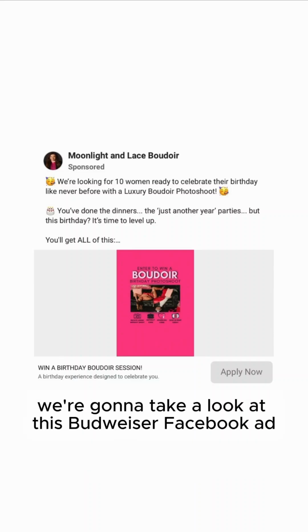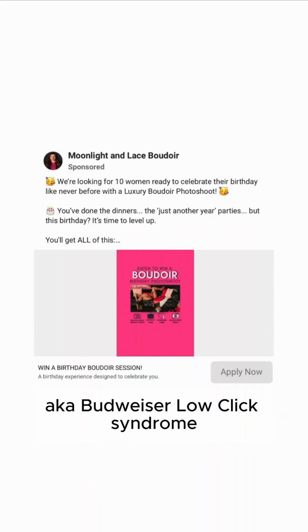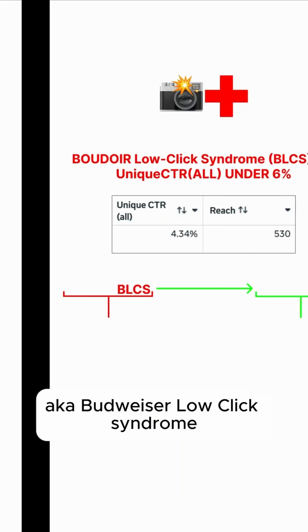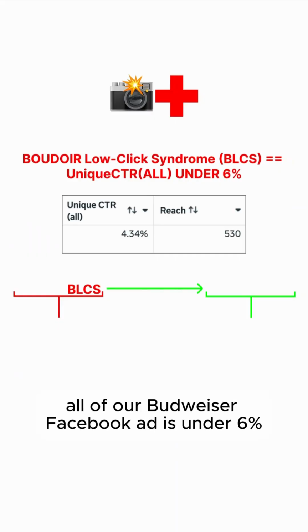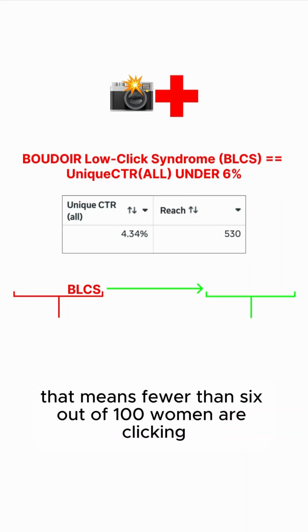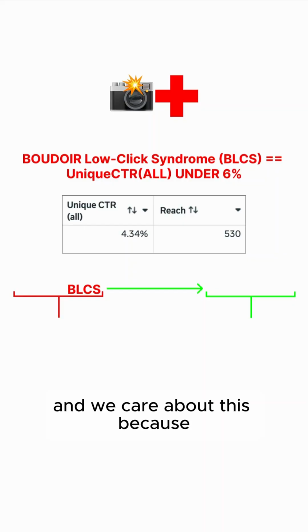All right, y'all, we're going to take a look at this Boudoir Facebook ad, see if we believe it has BLCS, aka Boudoir low click syndrome. So, Boudoir low click syndrome, aka BLCS, is when the unique CTR on our Boudoir Facebook ad is under 6%. That means fewer than 6 out of 100 women are clicking somewhere on our Boudoir Facebook ad. And we care about this because